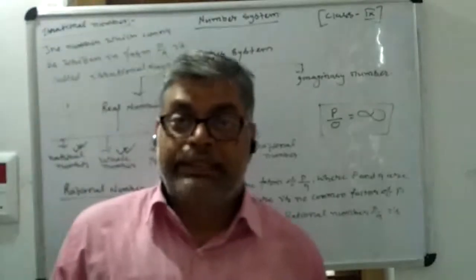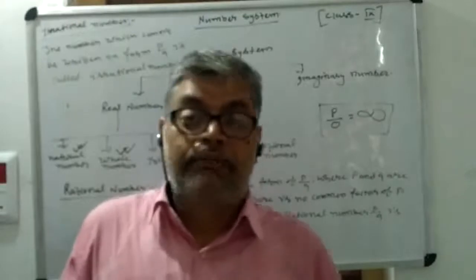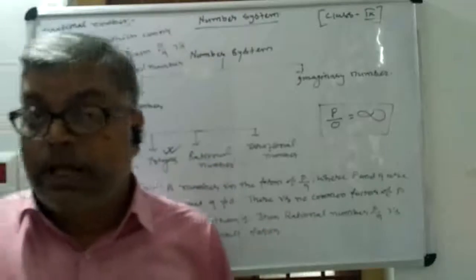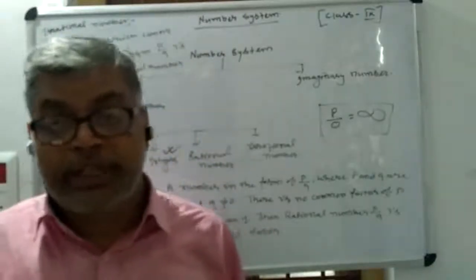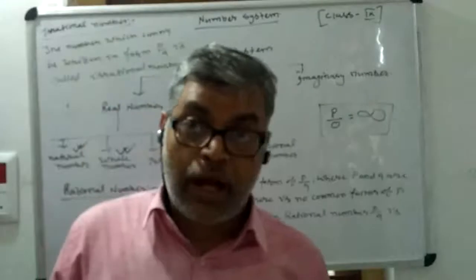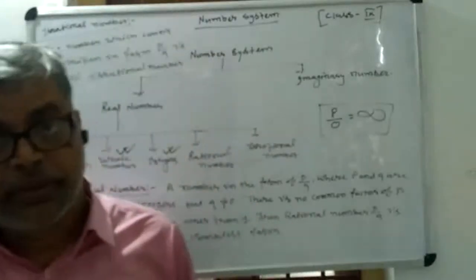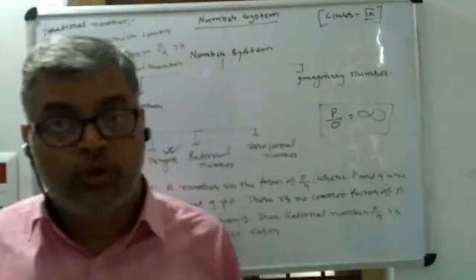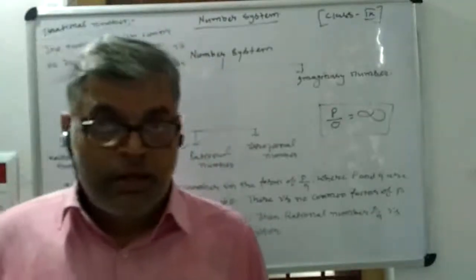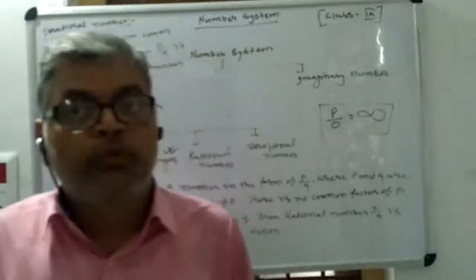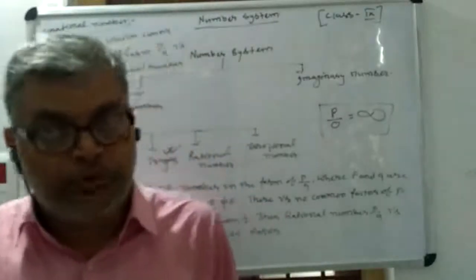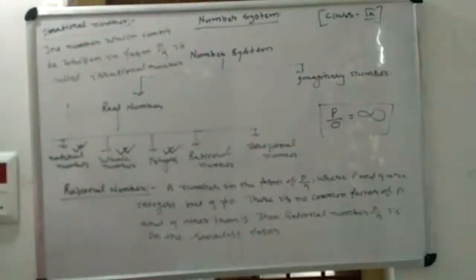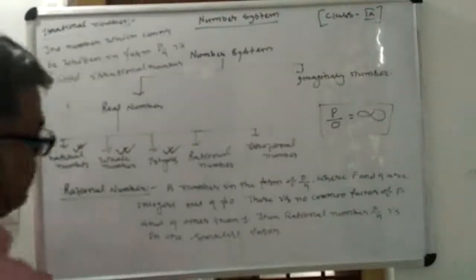Generally, examples of irrational numbers are numbers which are not perfect square roots, like root 3, root 5, root 7, root 8. Or numbers whose perfect cube root is also not known are called irrational numbers: cube root of 2, cube root of 3, cube root of 5, in this way. So this is the main basic difference between a rational number and an irrational number.